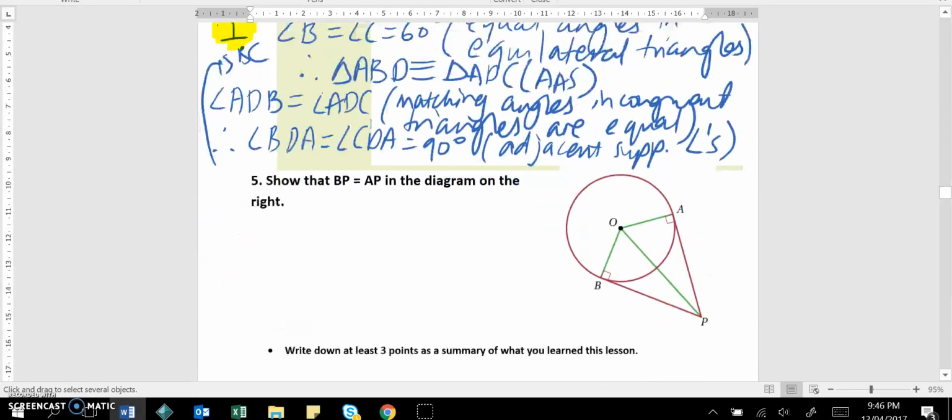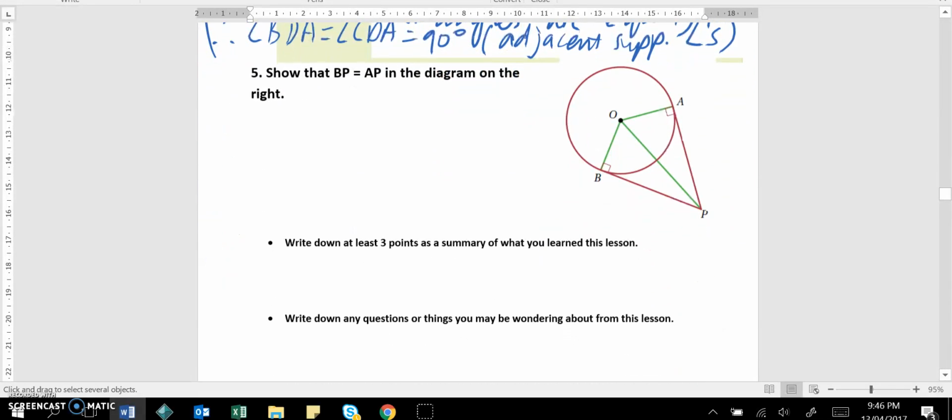Fantastic. The last little bit, which I'm probably going to run out of time for now, so I'll talk you through what to do and you guys can have a go at it, is you need to prove that triangle BOP and AOP are congruent, and then basically BP will be equal to AP because of matching sides in congruent triangles. Write your summary, have a go at the exercise,